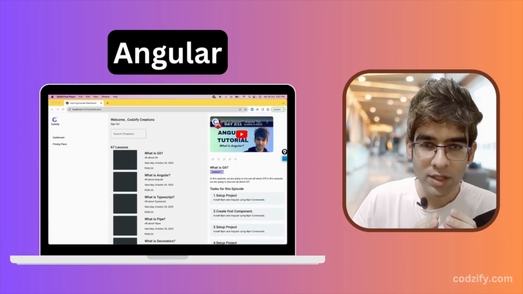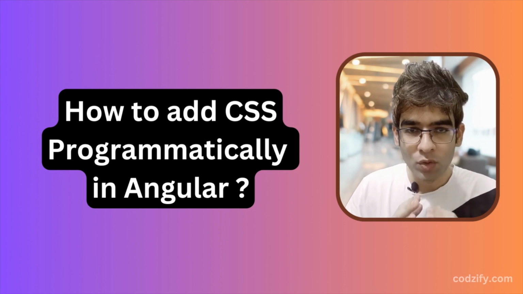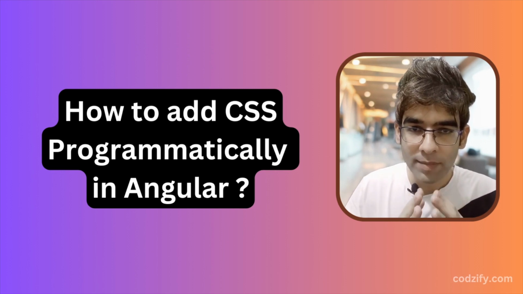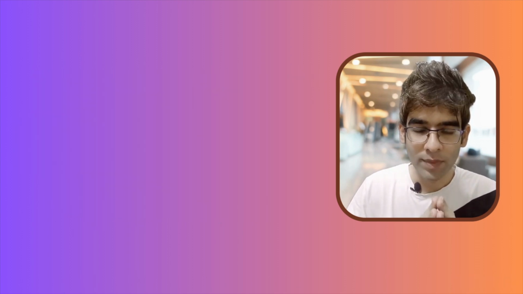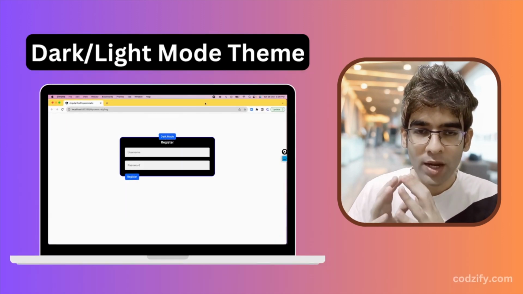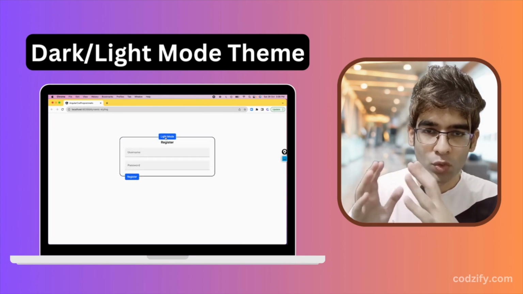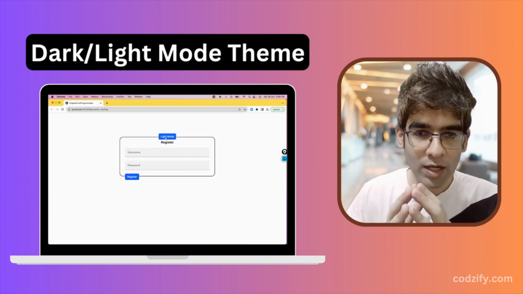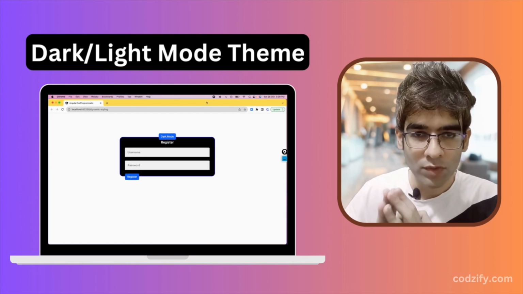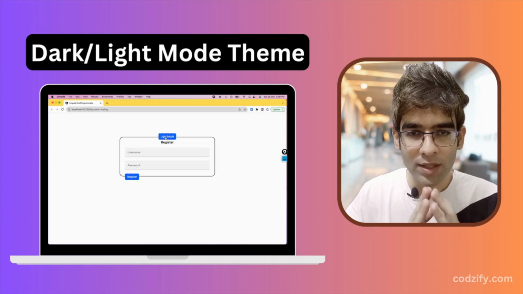Till now we have seen how you can implement this dashboard UI in Angular 16. Now in today's episode we are going to move one step ahead and see how you can add the CSS programmatically in Angular with the help of this dark mode and light mode theme feature. So basically what we are going to build is when the user clicks on dark mode, the UI appearance of that box will become black, and when the user clicks on light mode, the UI appearance of that box will become light. So basically a light and dark mode theme feature we are going to build in this episode,